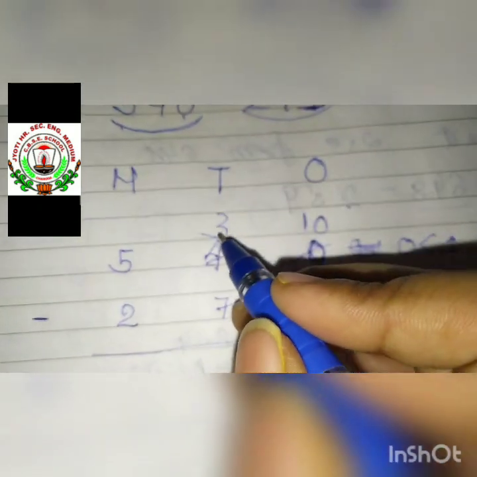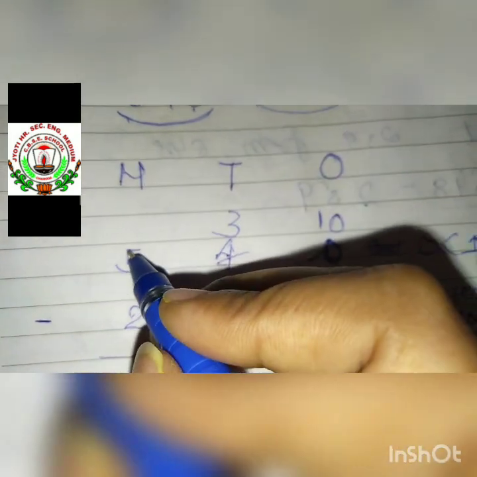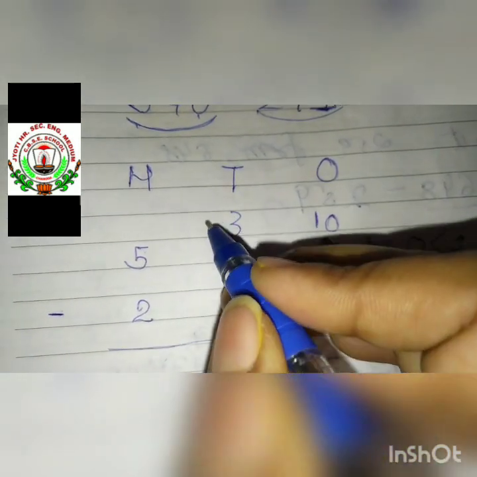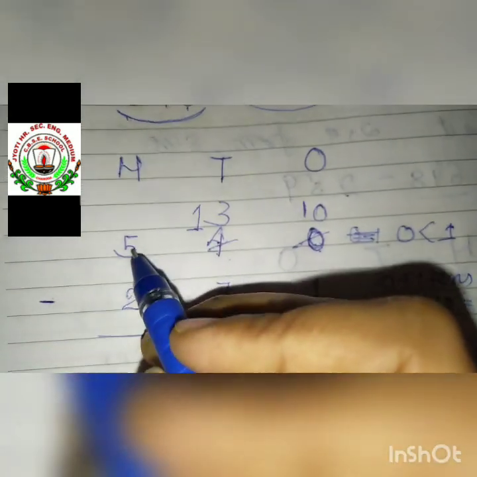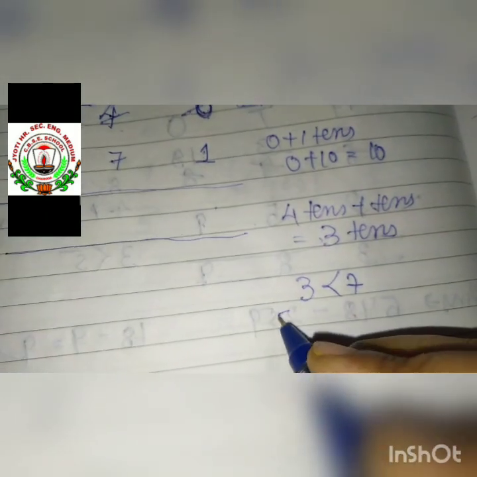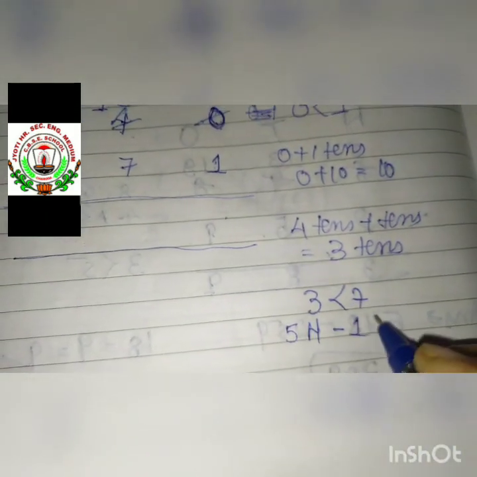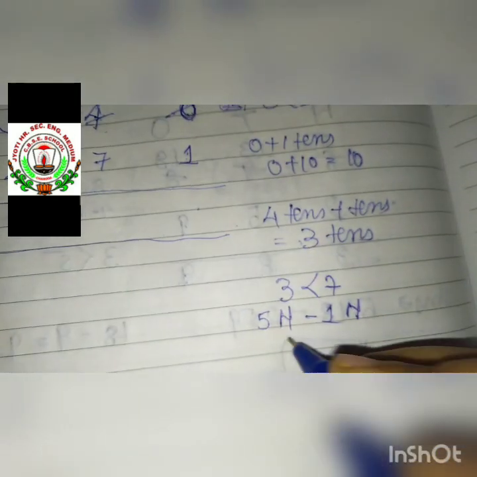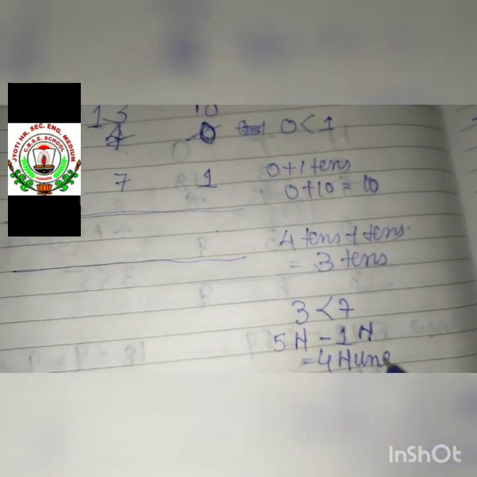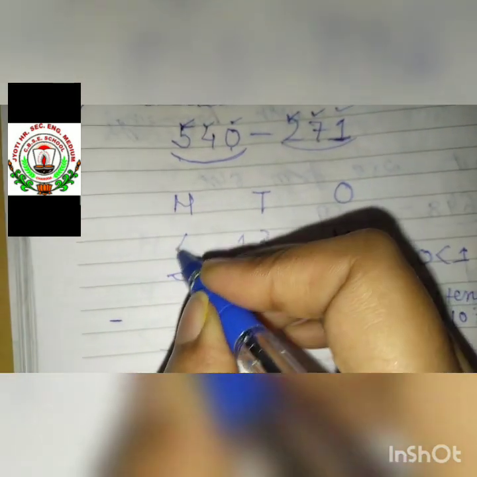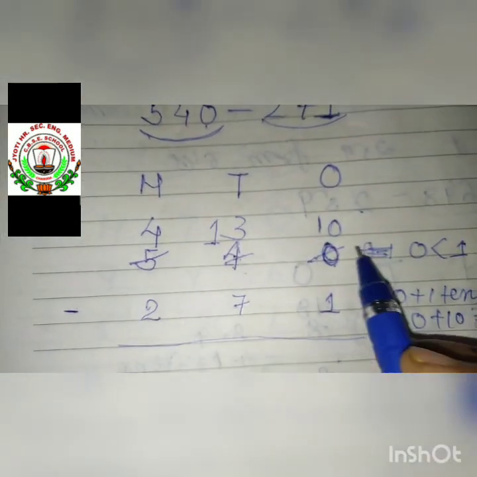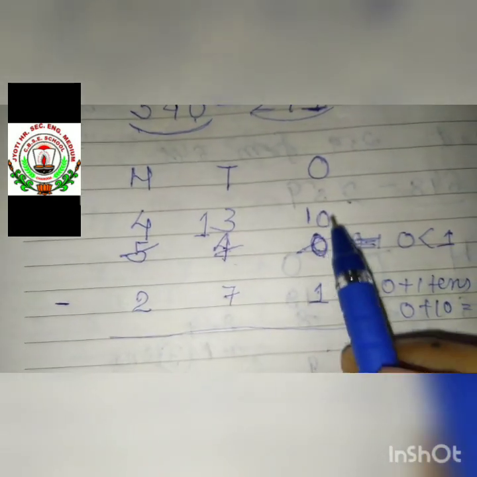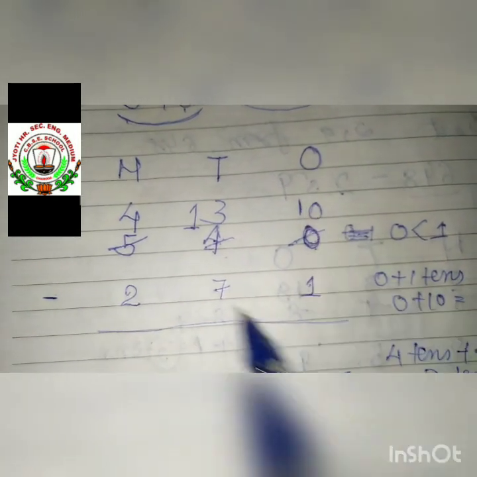So in that case, 3 will borrow 100 from the hundreds place. So it now becomes 13. And 500, having given 100 to the tens place, is left with 400. Okay. Now 5 is left as 400. Now the new numbers are 400, 13 tens and 10 in the ones place. So we will do the subtraction.